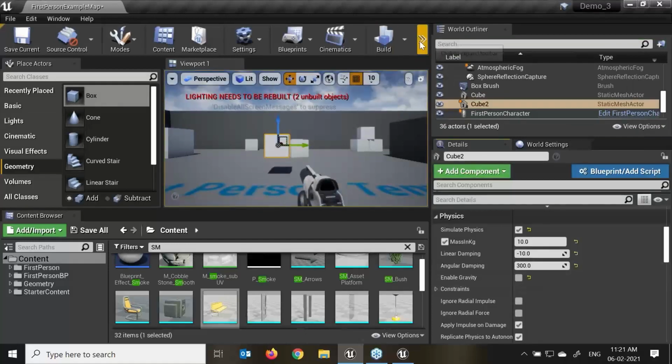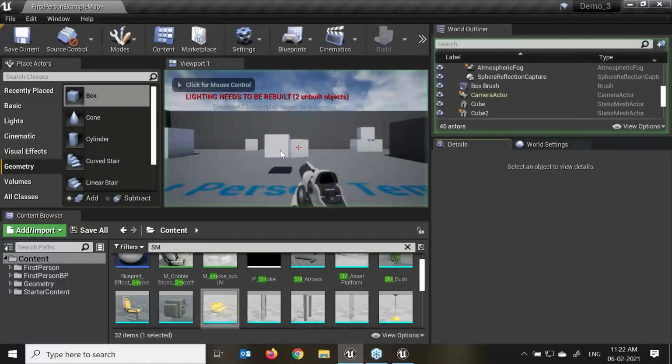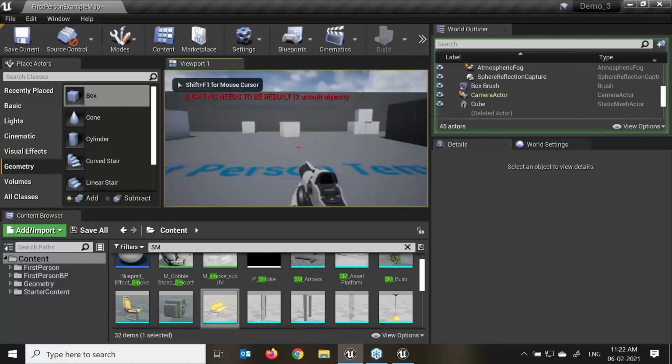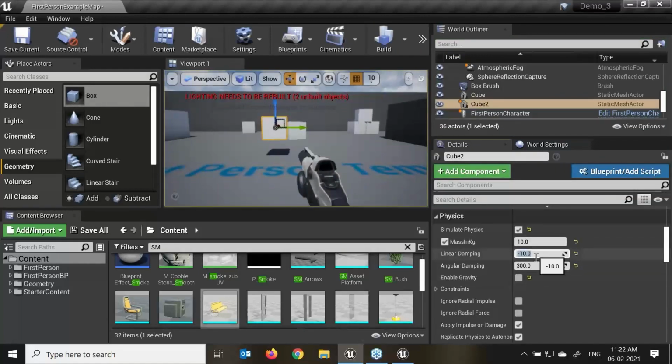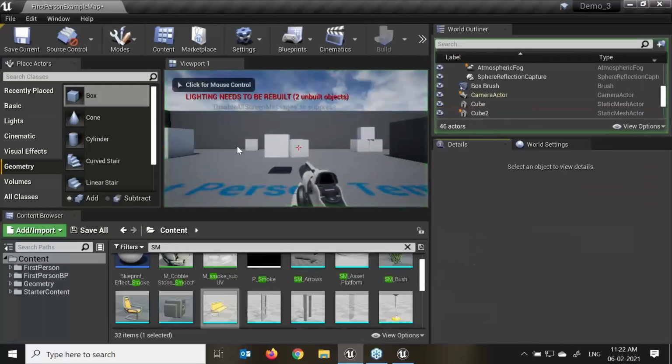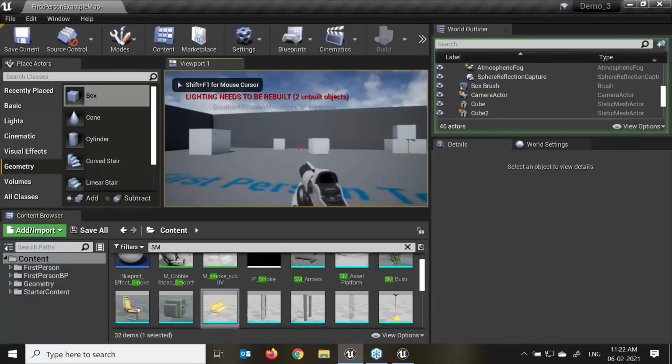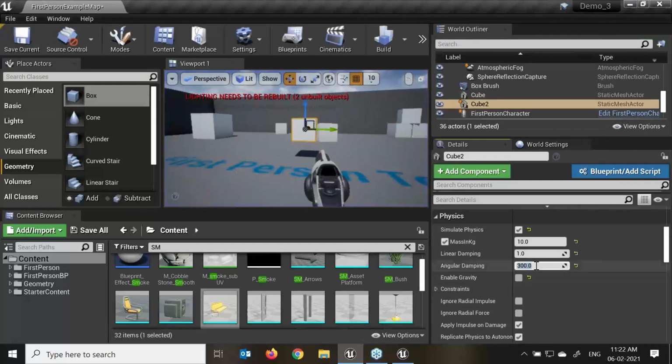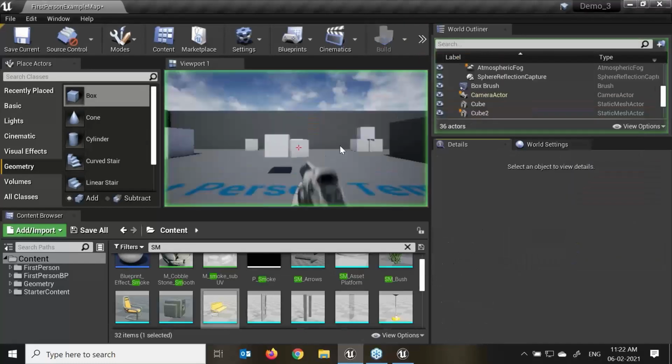I'll turn off this angular gravity, start and play. So multiple times we need to give a value and see how much effect we are getting. This is totally depending upon our game requirement. Here you can give the linear damping more, or make the linear damping 0. Start, play.